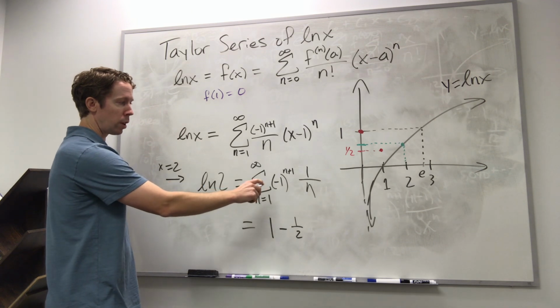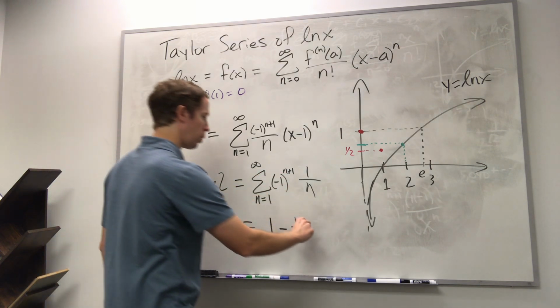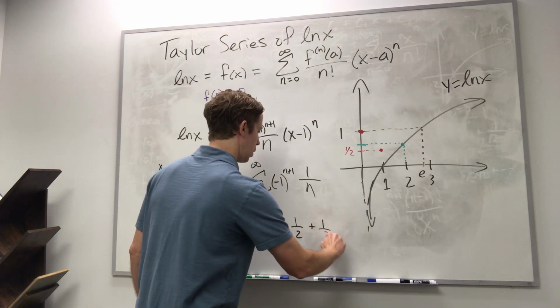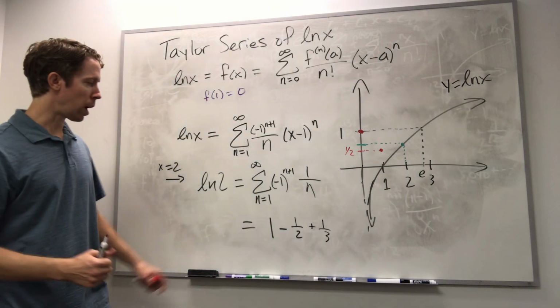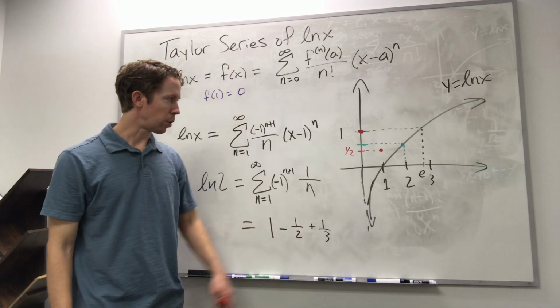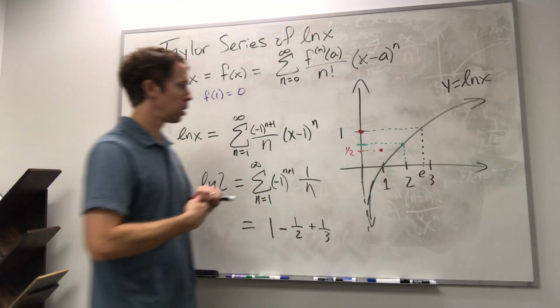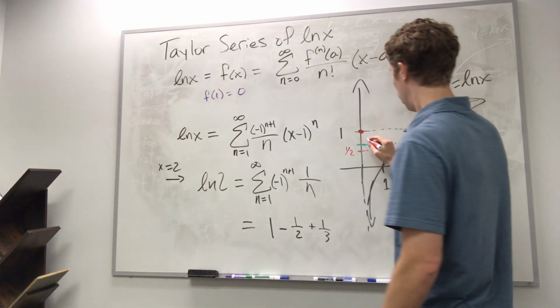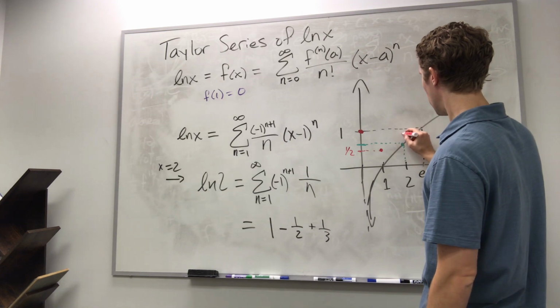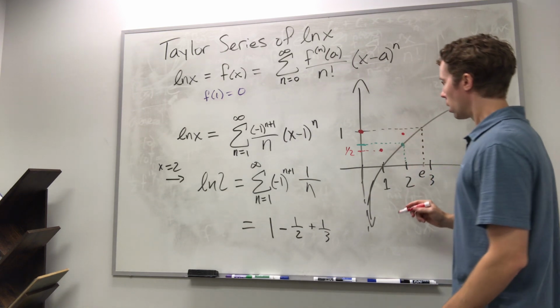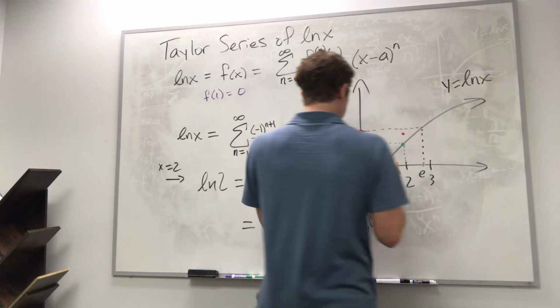Plug in n equals 3, I get a plus 1 over 3. Now it's a little harder for me to do in my head, but I've got 0.5 plus 0.333, so that's like 0.83. 0.83 might be around here, something like that. So notice,